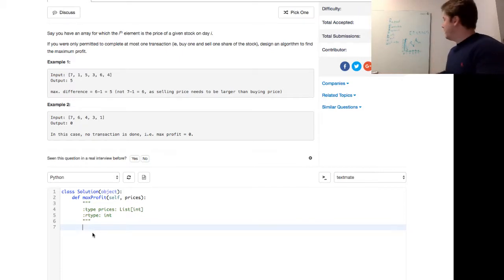So with that in mind, one approach is, as we walk through, the 0th element is 7, and then the first element is 1. We're not going to try to buy the 7, because that's the highest we see at any time, but we're going to want to buy the 1. Once we get to the second element, we have a 5. Okay, that's one possibility: buying 1 and selling 5. When we get to the third element, the difference between the 5 and the 3 is -2, so we're not going to try to buy 1 and sell 3. But once we get to the fourth, we want to say, if I buy 1 and sell 6,